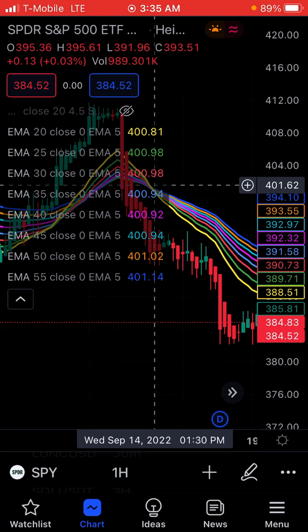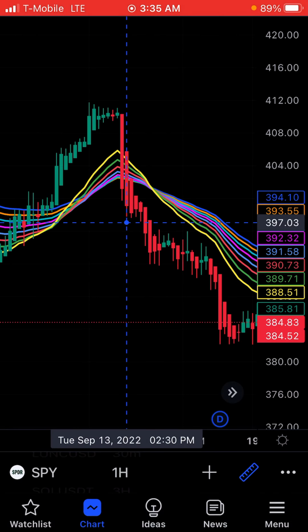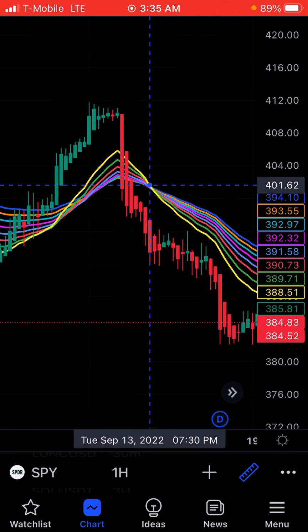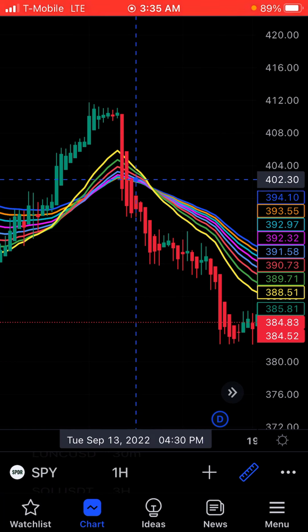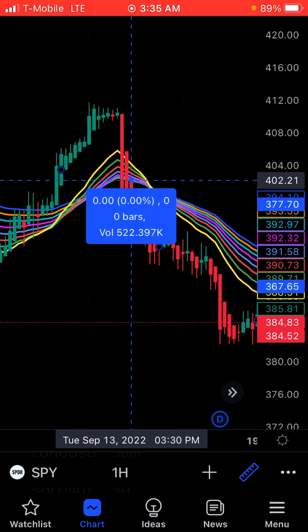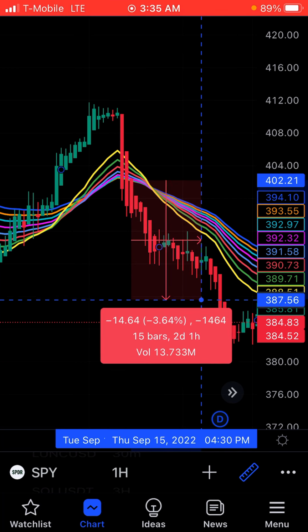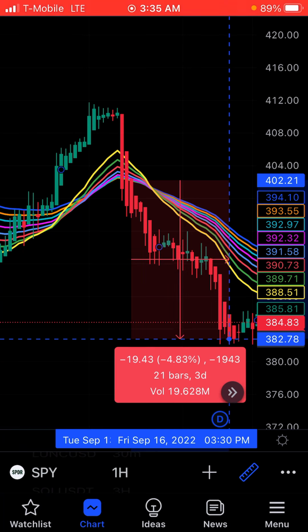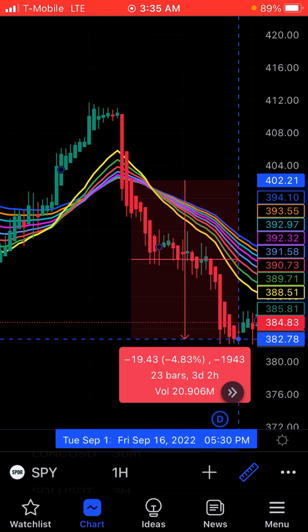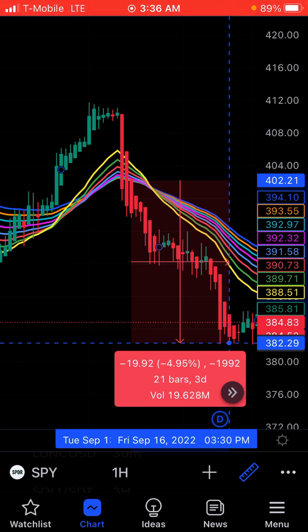Kind of hard to do on my phone, but anyway, it collides right here. So this is where I would do a put. I would do a put right around here, and I would ride it out. Now I am on the hour, and this will work for the hour, work for the 5 minute, it'll work for whatever time frame you want to do. But this right here is a